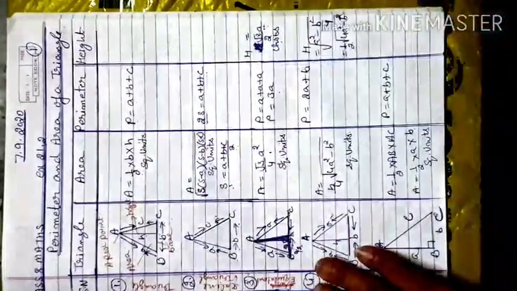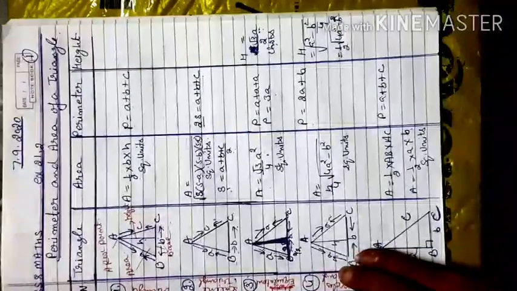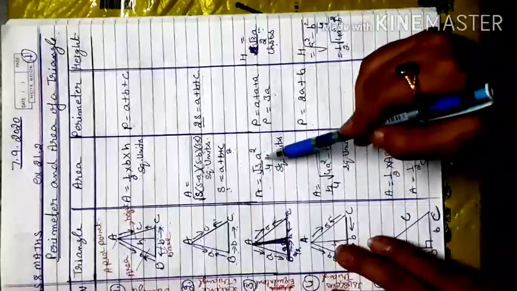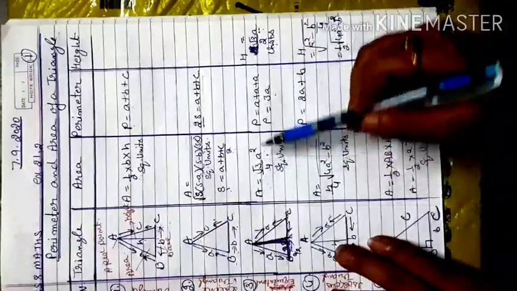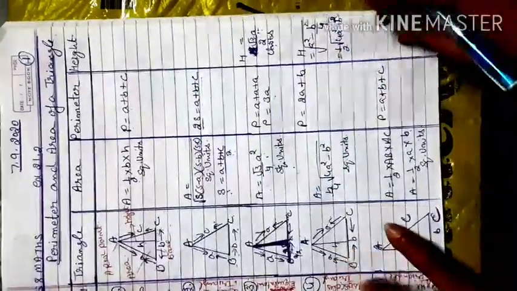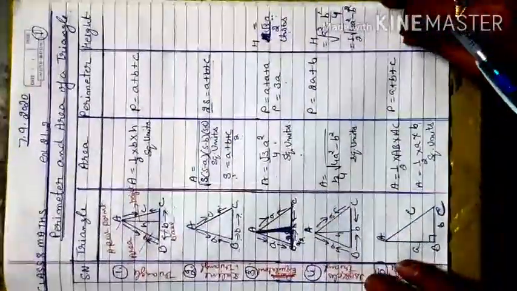into base into height. Actually the basic formula of any triangle is half into base into height. So when you apply the same formula here, half into base into height, you will get root 3 by 4 a square. So that is your area of the equilateral triangle. Next is here also